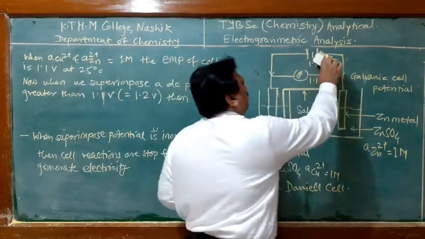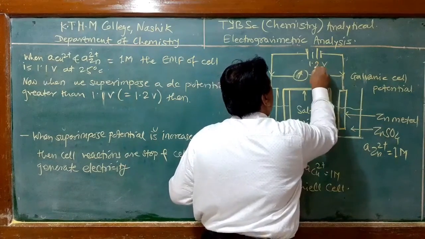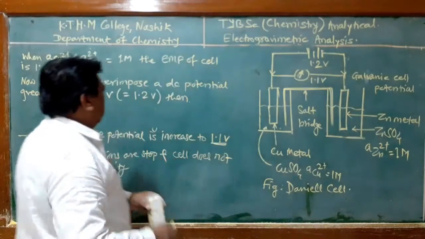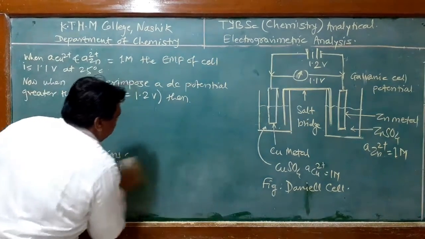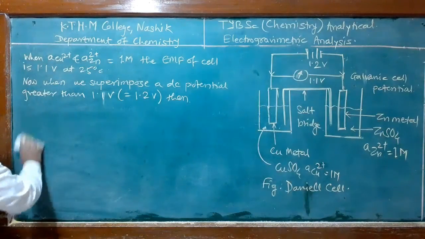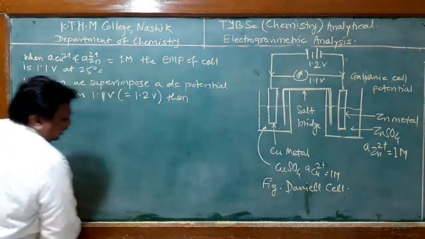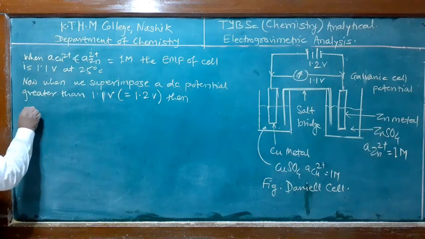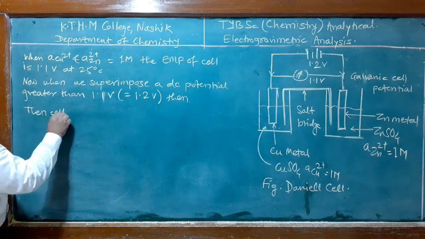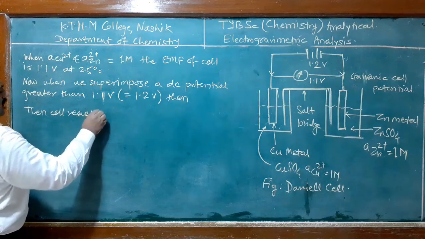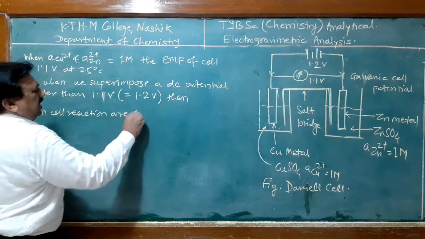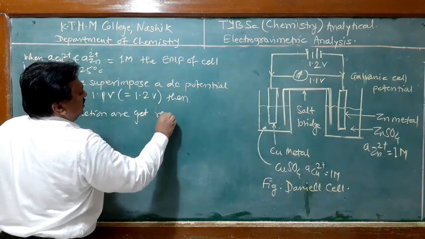When we increase this potential to 1.2 volt, then initially whatever reactions are taking place in both electrodes get reversed. Then the cell reactions get reversed,